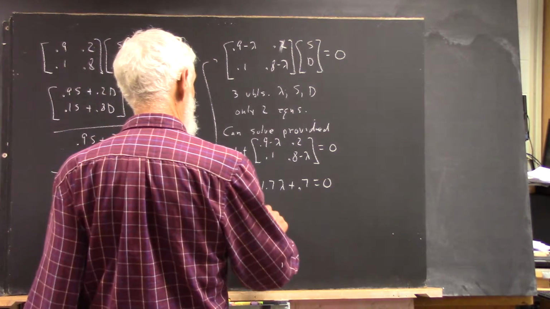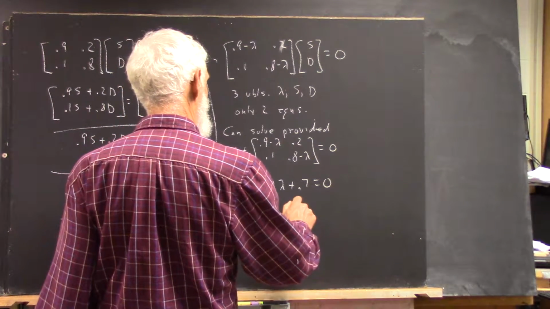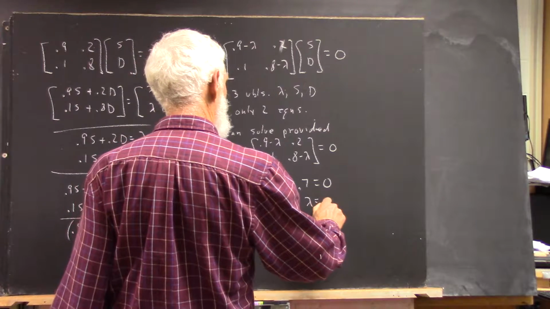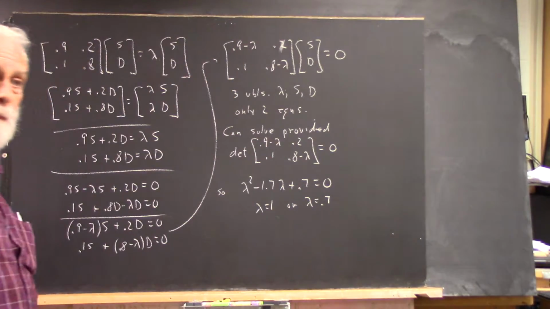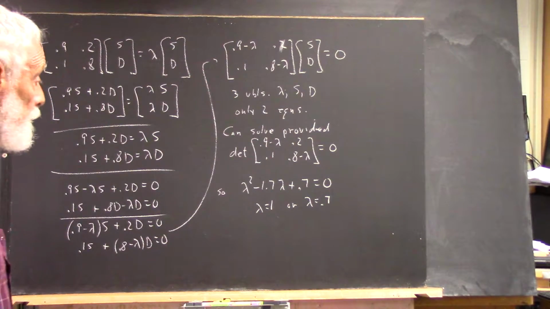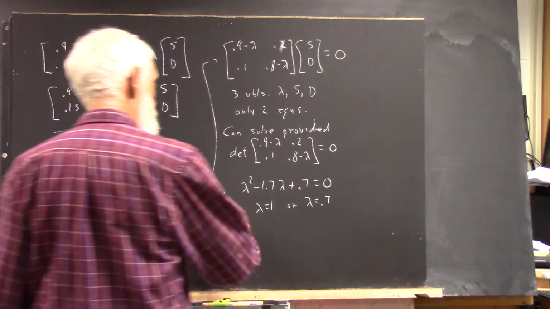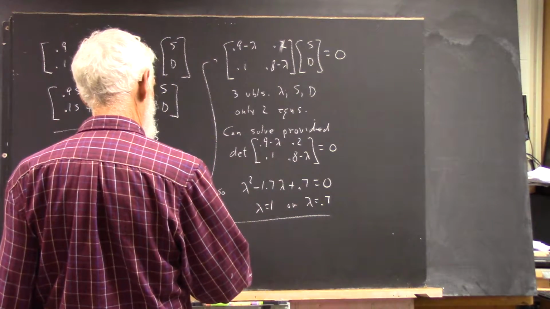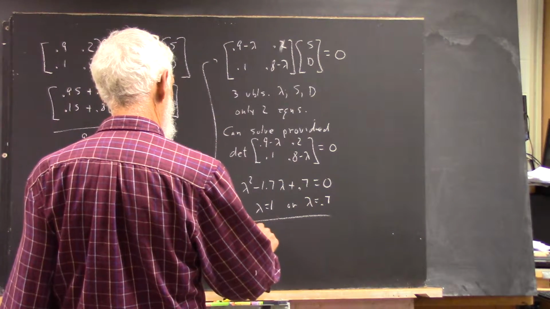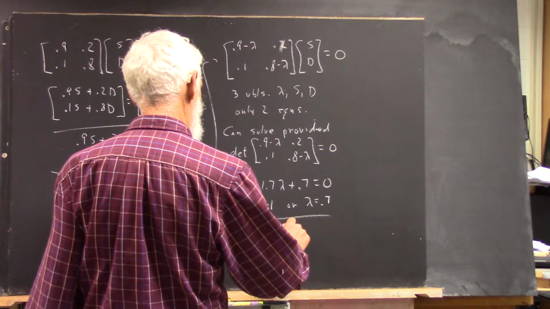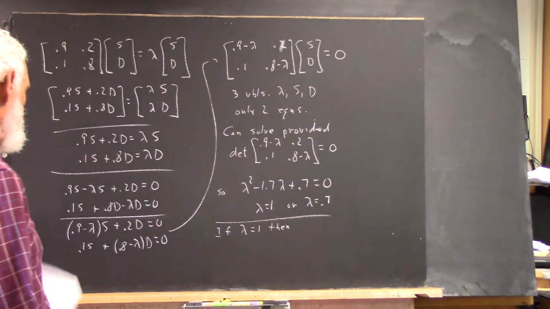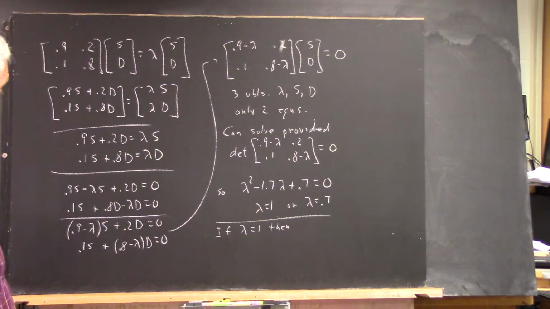And in this case, lambda equals 1, or lambda equals 0.7, and then you get the eigenvectors. Okay? And I'll complete that. If lambda equals 1, then our first equation here